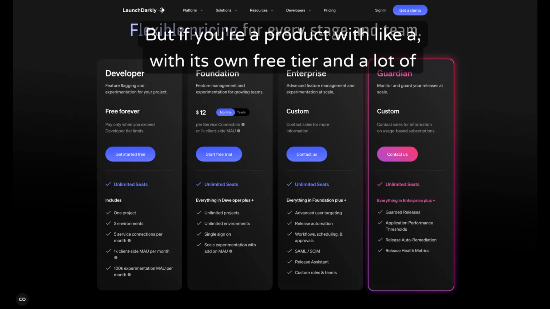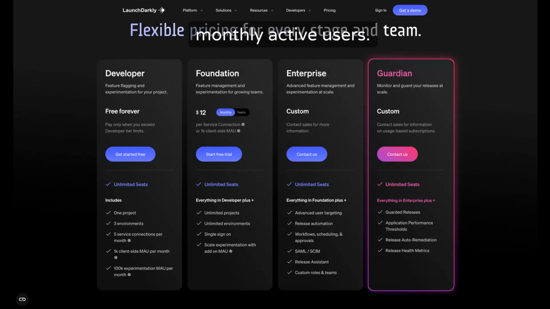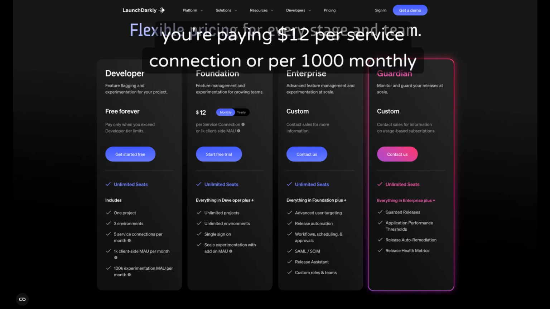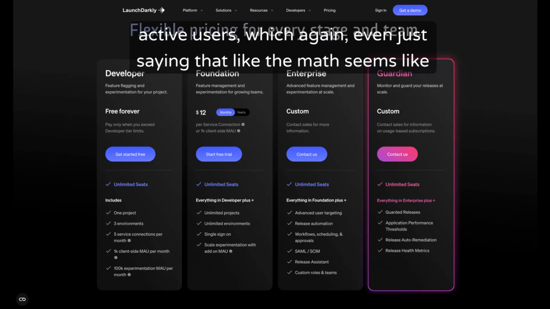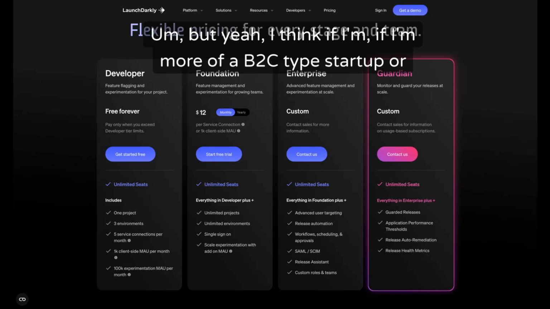But if you're a product with its own free tier and a lot of usage that comes from that, you can quickly get above 1,000 in monthly active users. And then you're paying $12 per service connection or per 1,000 monthly active users, which again, even just saying that, the math seems like it could get complicated just to tally that up. But yeah, I think if I'm